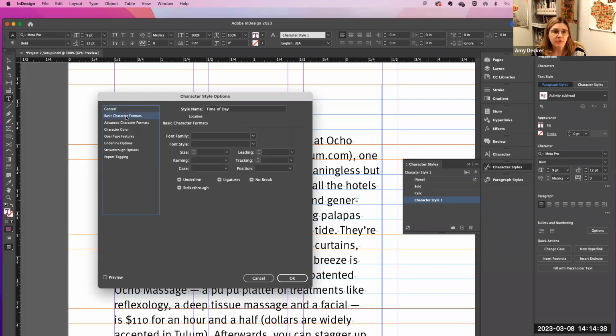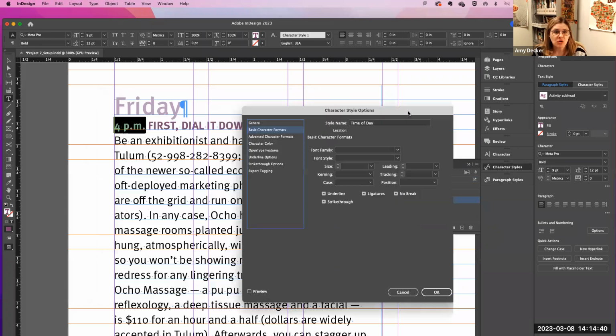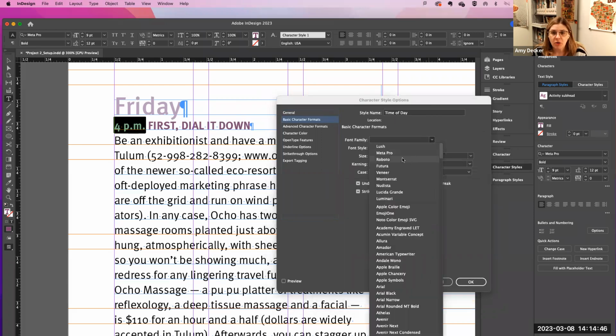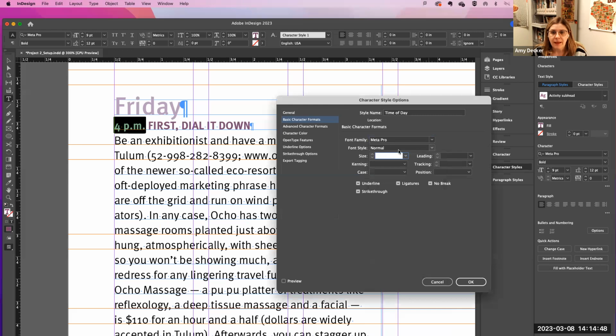And I'm going to go into my character formats, and I'm going to choose all the things that I have this one set up as. So I'm using Font Family Meta Pro, and I was using the light. And I'm using the size, which is the same. Actually, I better put the size at 9, especially if you're changing the size. I'm going to keep the leading at 12,